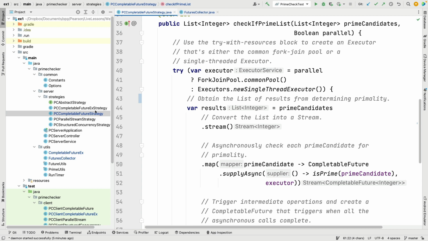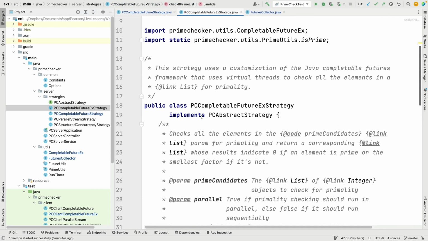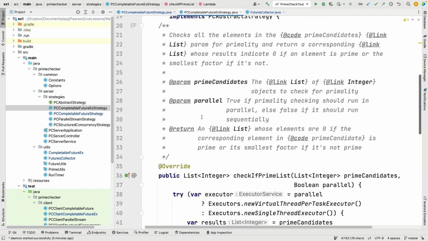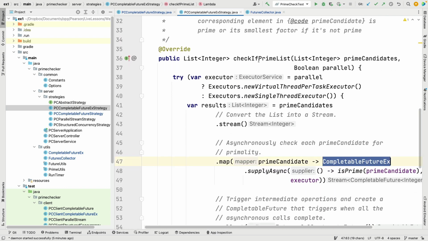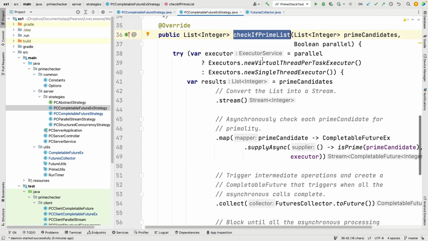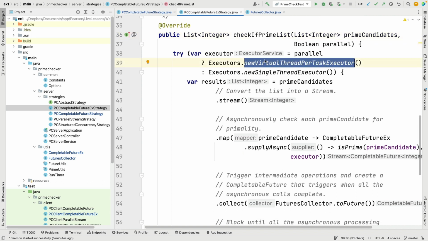Now let's turn our attention to another way to do this, and this approach is going to use the CompletableFutureEx customization of the CompletableFutures framework. So here is the checkIfPrimeList method using this approach, and you can see this looks very similar. The difference being that we're going to make a new virtual thread per task executor if parallel is true. Otherwise, we'll do a single-threaded one again,